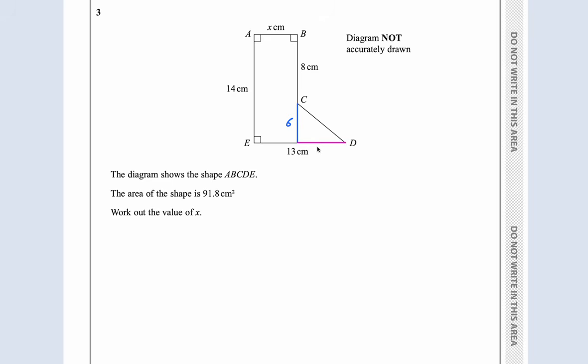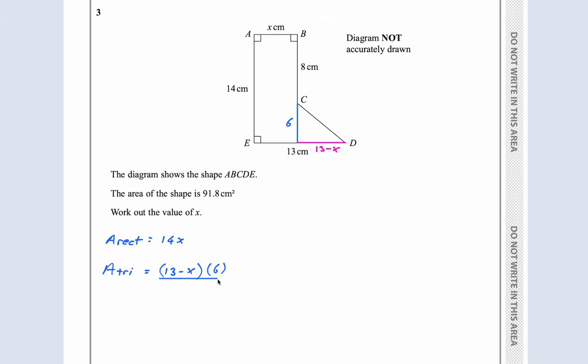If this full thing is 13, then this length here, let's draw it in pink, has to be 13 minus x, because this is x, this whole thing's 13, so this has to be 13 minus x. Okay, so the area of the rectangle is 14 times x, which is 14x. The area of the triangle is base times height divided by 2. So it's 13 minus x times 6